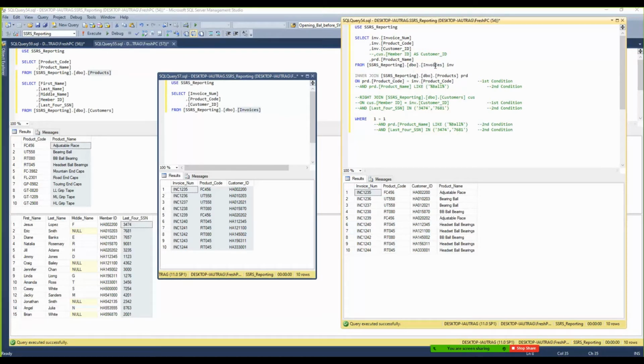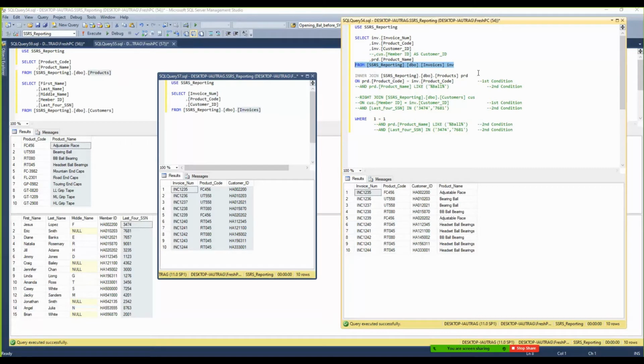If the invoice lists the product codes in the products table, I want to see the name. If the product code in the invoice is not listed in the products table, I still want to list them. Then you do the left join,